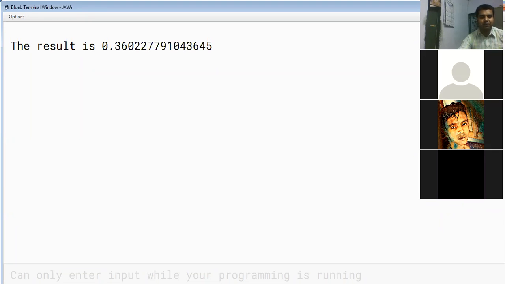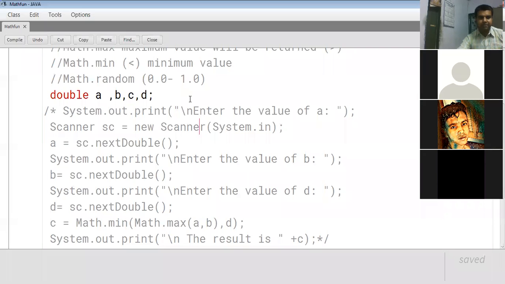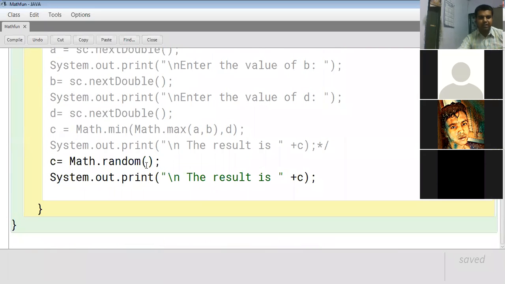Did I take any value in the program? If I show you the screen, in Math.random, did I take any value? No value has been taken. The utility of Math.random is actually required in the case of database maintenance.